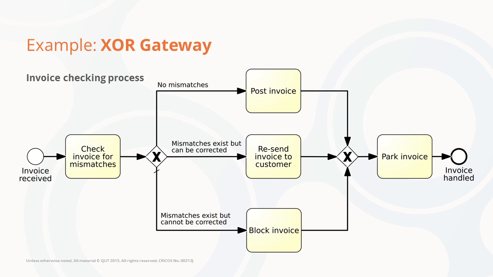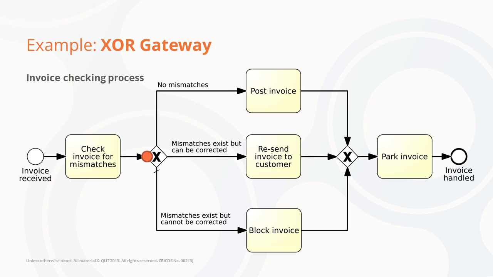Let's put the XOR gateway in context. Let's take a look at this invoice checking process. This process starts upon the receipt of an invoice, upon which we check the invoice for mismatches. And we have three mutually exclusive options. Either there aren't mismatches, so we send the token to the top branch, in which case we will post the